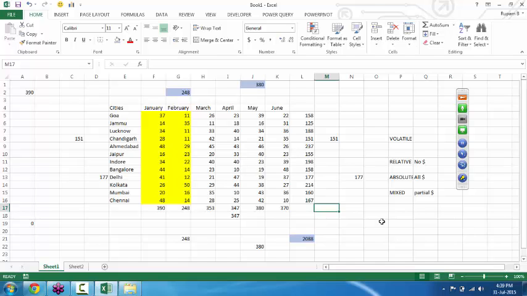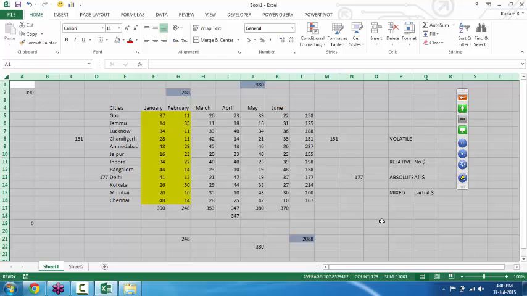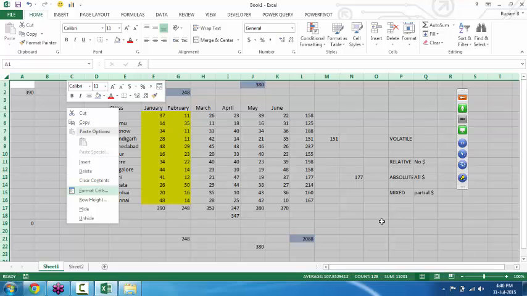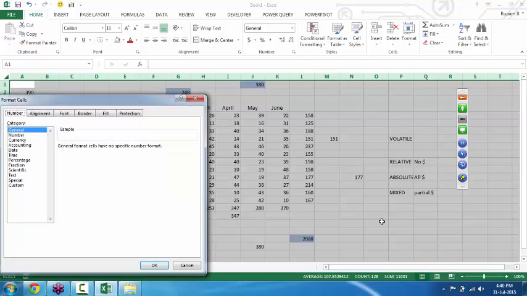Now if I want to protect, see the steps here carefully. Protection works in 3 or 4 different steps. The first step of protection is that we have to select the entire sheet and ensure that the entire sheet is locked. How will you ensure? You simply right click and say format cells. The moment we go to format cells,